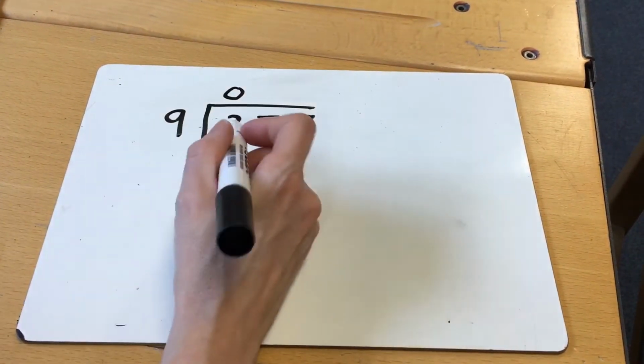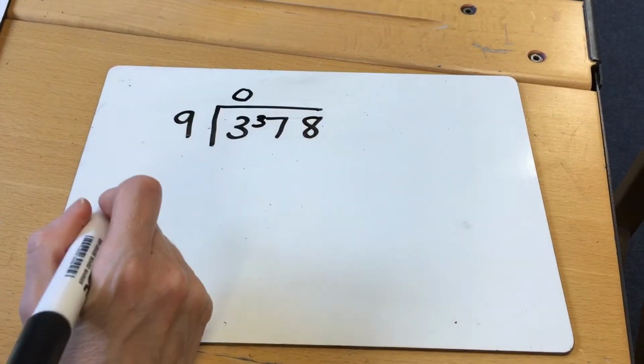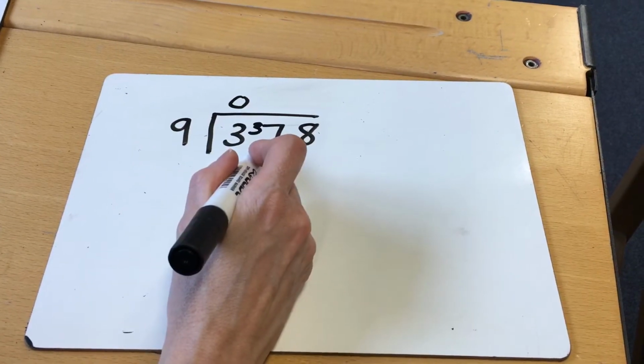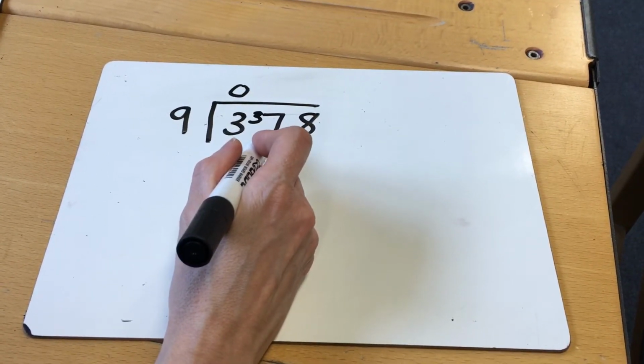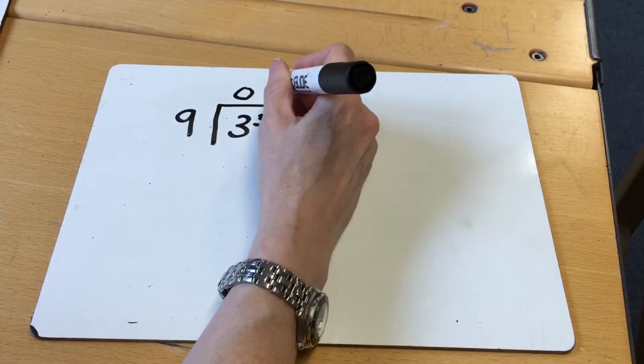And I'm now going to turn that into 37 tens. Okay, so that becomes here. I'm going to put my little 3 there. So I'm now saying how many nines are in 37 tens. Well, I know there's 36 in my 9 times table, and that's 4 times 9, so I put my 4